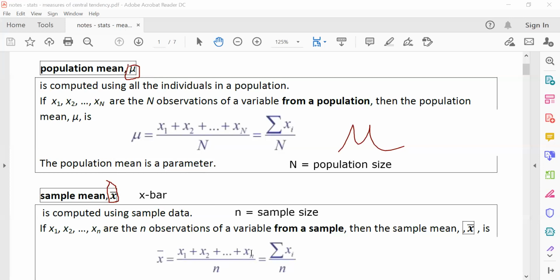Just they're using a lowercase n down here because that's what we use for the sample size instead of the population size. This is actually going to be something that can cause a lot of confusion. So we're going to be very careful and explicit with how we deal with it. Okay, but nevertheless,